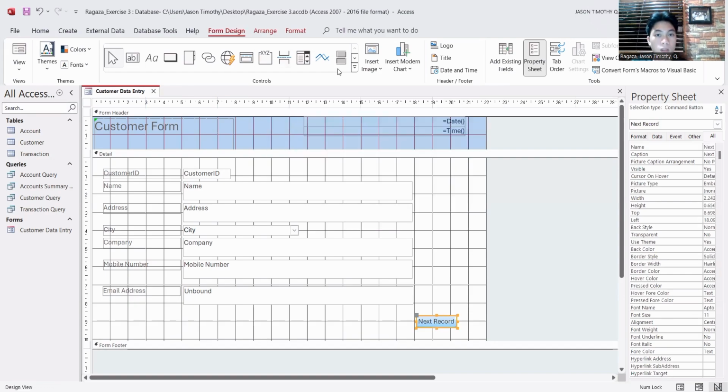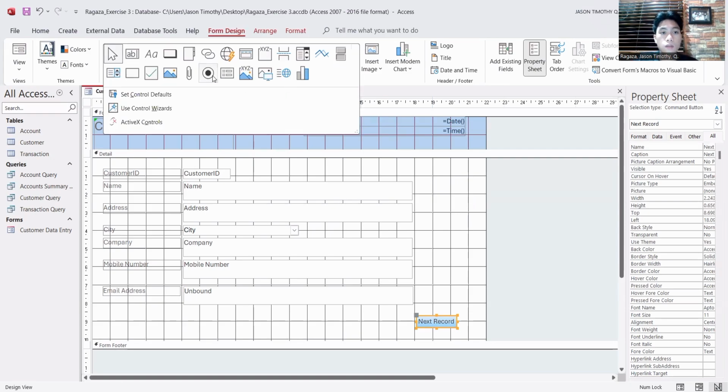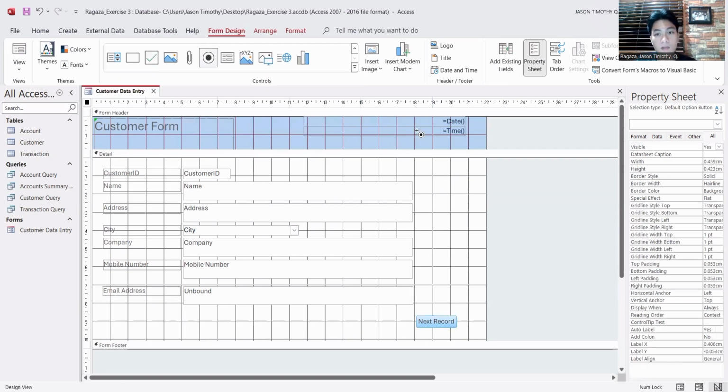So there already. So next we're going to have an option of the address of the customer. So over here in this activity exercise rather, we made two addresses, which are the Makati, Manila, and then the Intramuros.